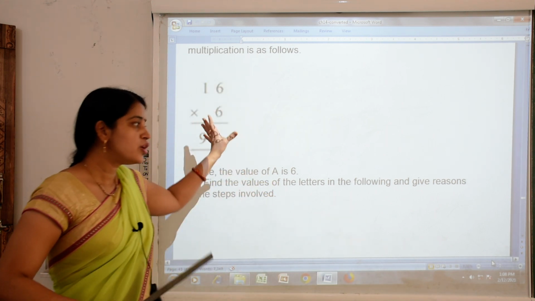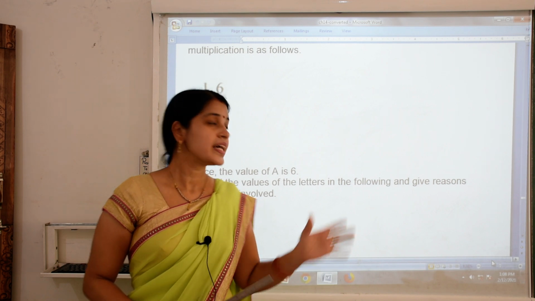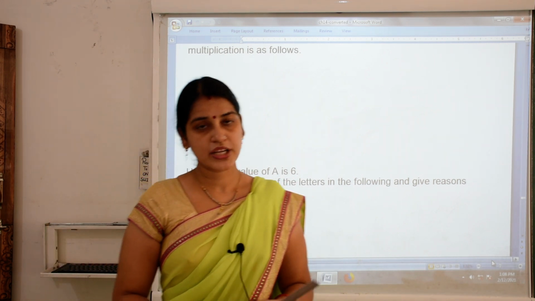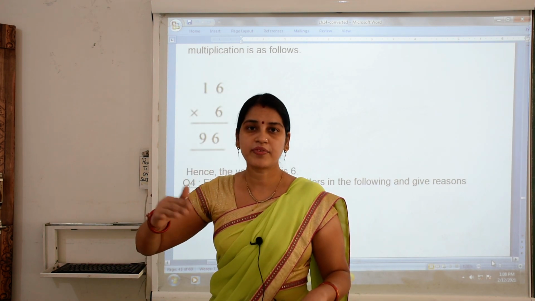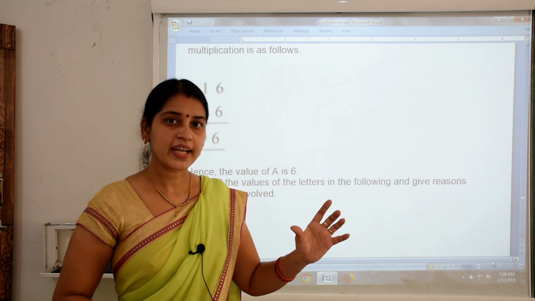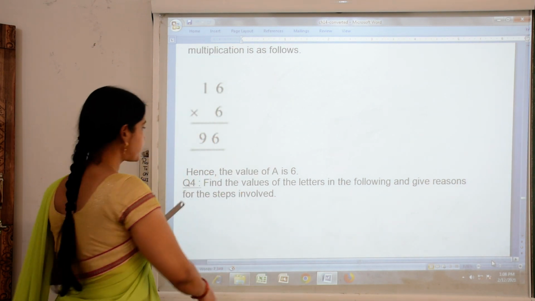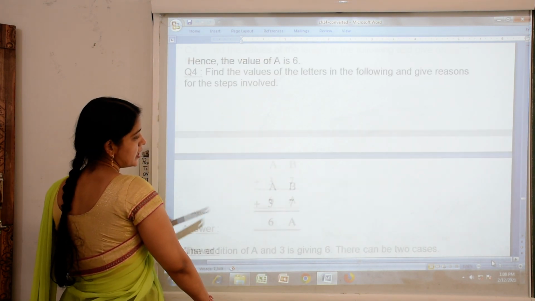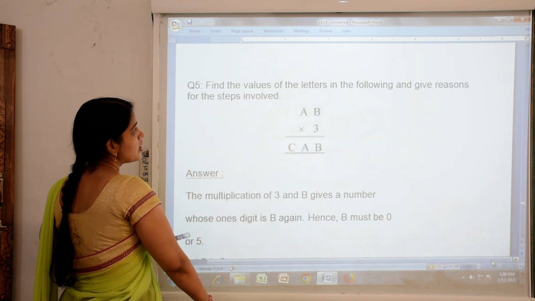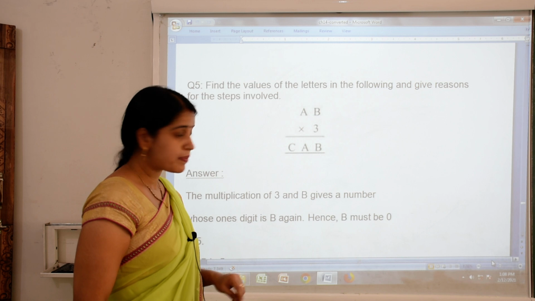So in this way, you have all the questions related with additions and multiplication. So in multiplication, we have different case like this. So you have to check it and solve it. Then addition is same here. Okay, now let's see one more of multiplication.